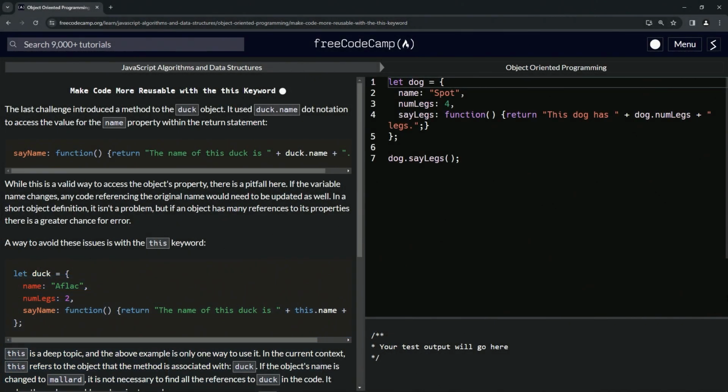All right. Now we're doing freeCodeCamp, JavaScript algorithms and data structures, object-oriented programming: make code more reusable with the this